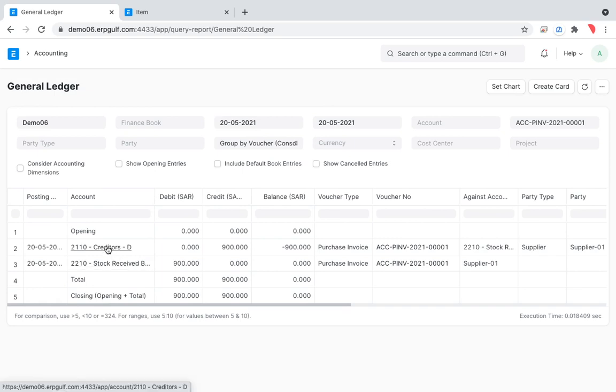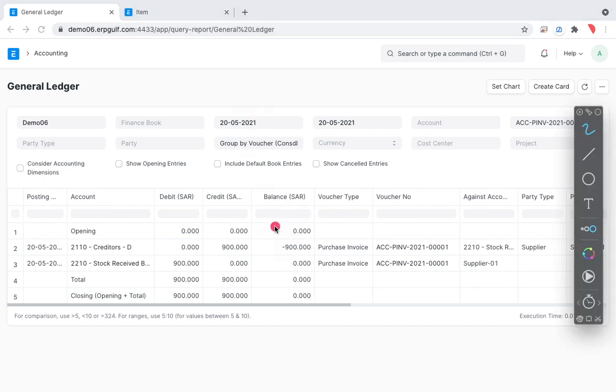One is 2100 and the other one is 2210. This one is creditor. Once you have made this purchase invoice, we have already noted in our accounts that we owe 900 riyals to a supplier. The supplier name is supplier 01, and it made another entry, that is stock received but not,